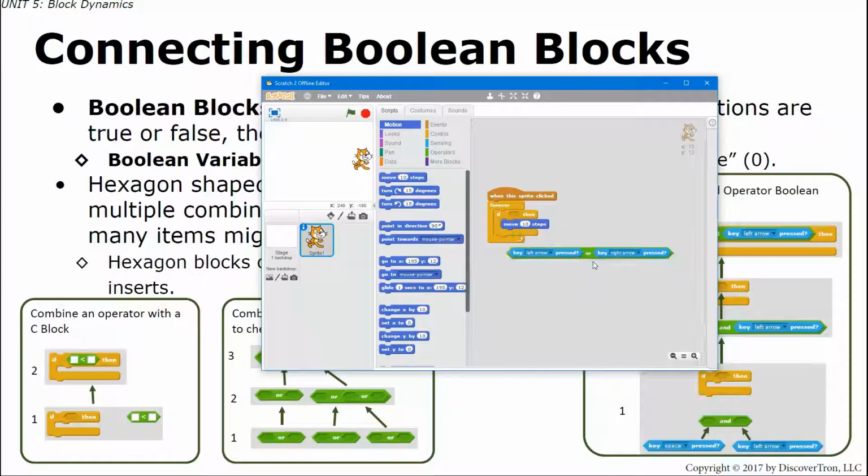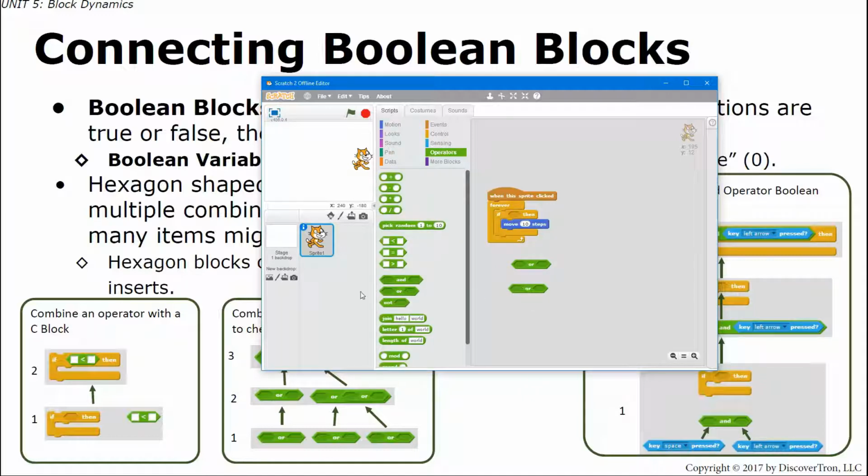Let me show you something else that can happen with these blocks. Let's say we have these OR blocks, and I'm going to grab the OR again, the and the not. So I can take these blocks and stack them inside of each other like so. And what can happen though is it's kind of hard to tell where the most bottom block is to click and drag. Now since I put it together, I know it's right down here, so I can click and drag